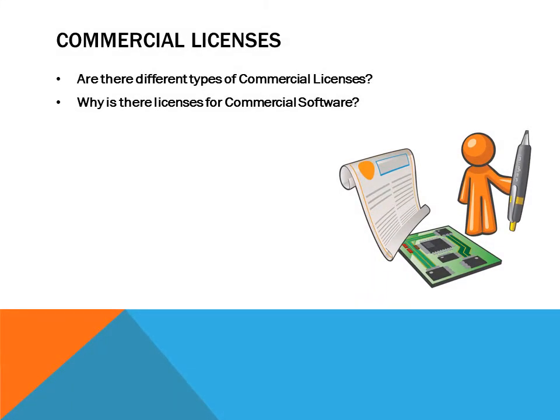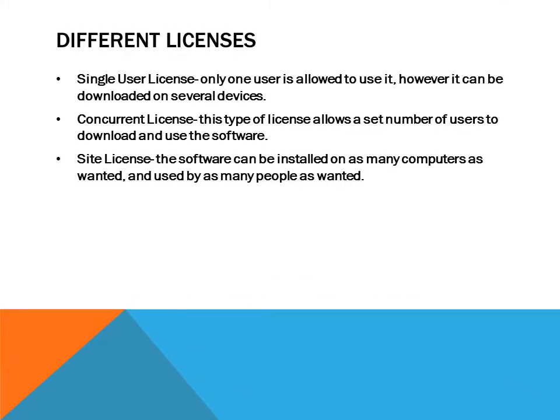When discussing commercial software, commercial licenses are a must. There are many different types of commercial licenses being used, and the reason for their use is to ensure that users are following the terms and conditions and are in accordance with the copyright laws in effect on that software. There are three main types of commercial software licenses: single user licenses, concurrent licenses, and